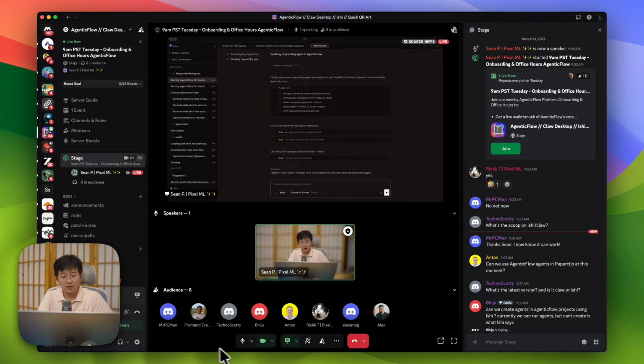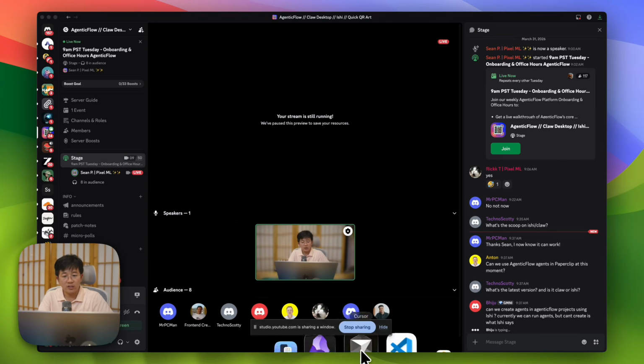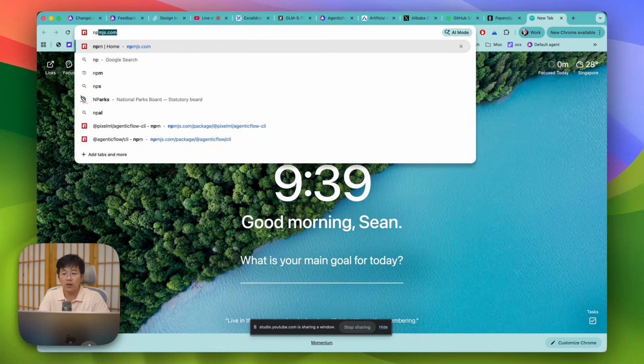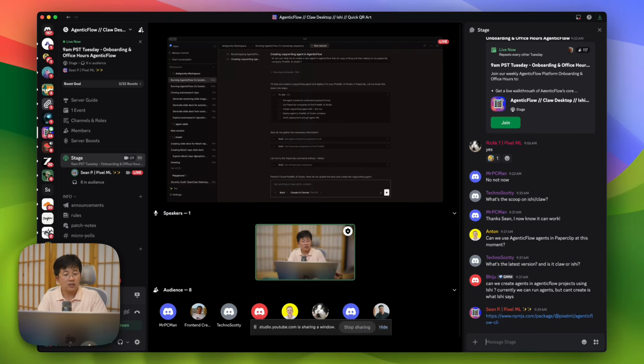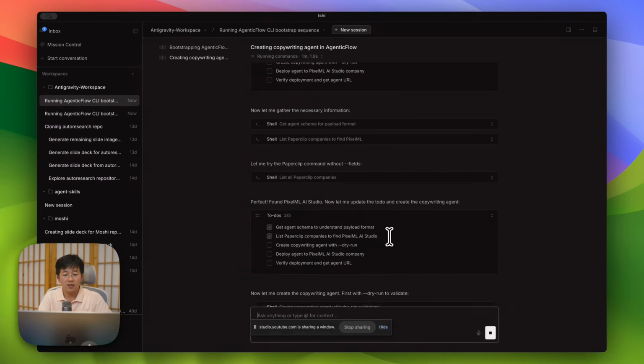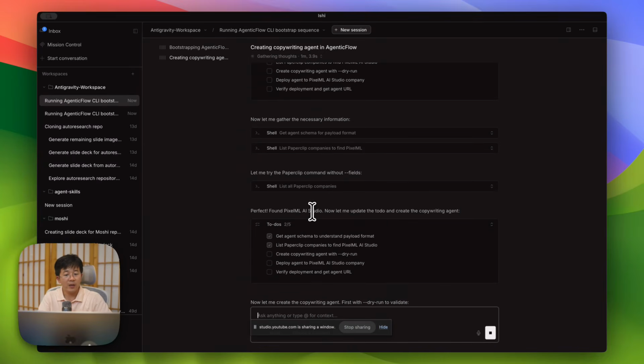It will take a while on this one, but I'm going to share with you the CLI that we have been working on for quite a while already. You should give this to Ishi or any coding agent and ask it to help you. So as you can see in here, Ishi is helping me. It found the Pixel AI